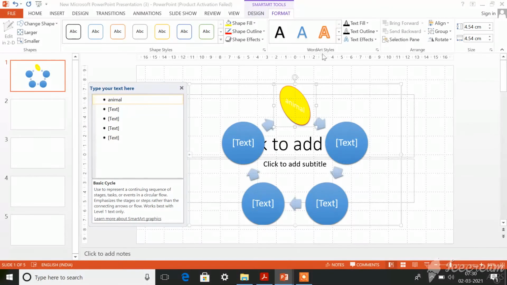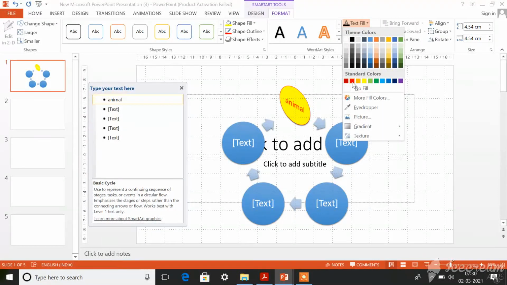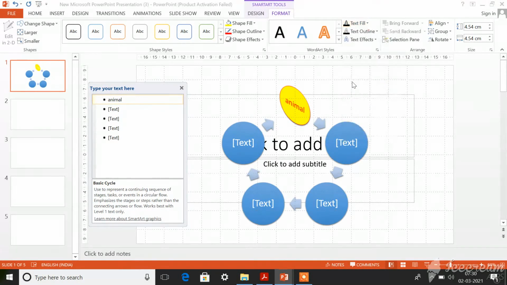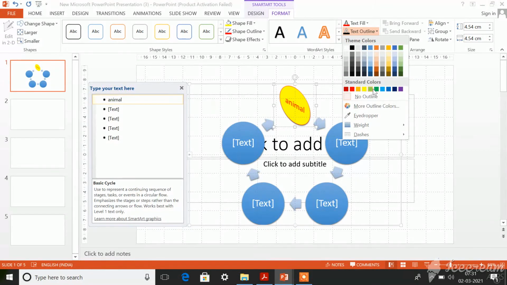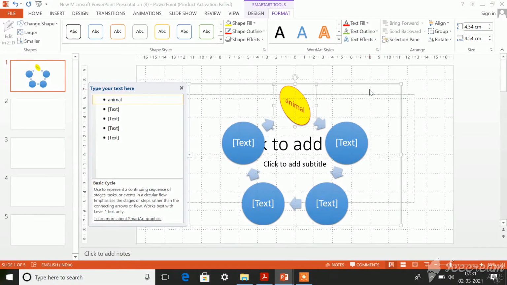And you can also use WordArt as well, and you can use Text Fill. If you use Text Fill, the text that you have written will be changed to the color that you choose. See here, if I choose red color, the text animal is changed to red color. So you can give outline for your text as well. When you click any color here, the outline of the text, green or red or whatever, will be changed to that particular color. So you can format your text as per your wish using these Design and Format options. You understood, dear children, how to do this? So practice this on your laptop or computer today.